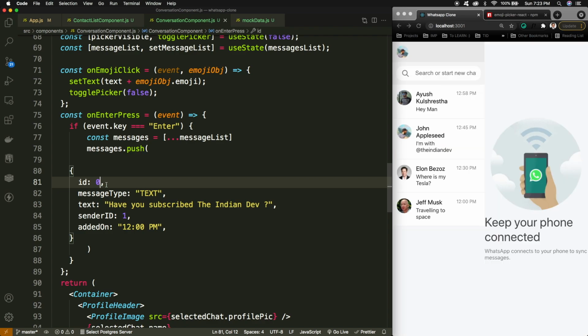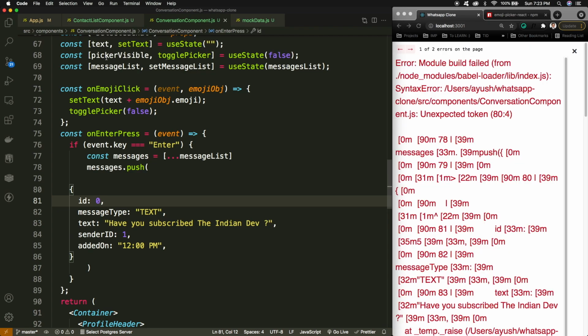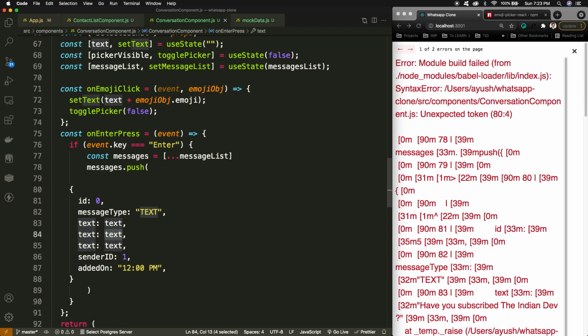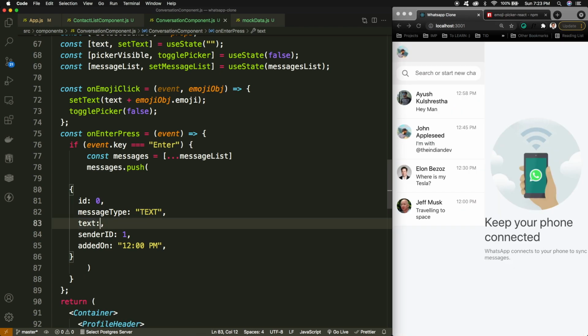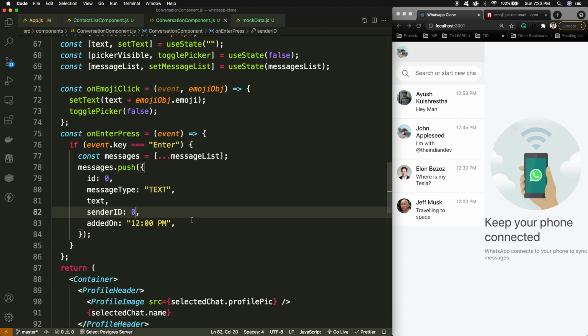And the message type is text, and whatever text is available in the state, I'll be setting that in the text part, or we can simply remove this as the key name is text. Sender ID is 0 because I am considering myself as the 0 sender ID, and as of now the time is hard coded. So that's it.